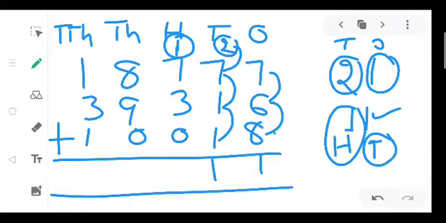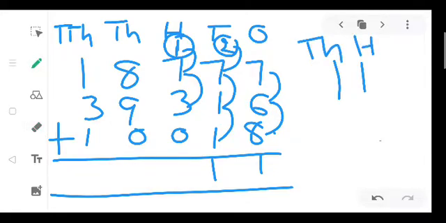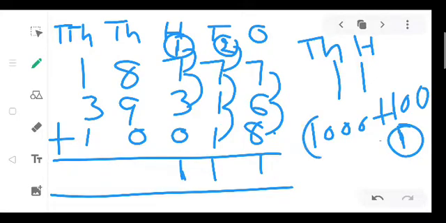And now we will add 100 place digit. 1 plus 7, 8, 8 plus 3, 11. In this 11, this one is 100 and this is 1000, because it is 1100. 1100 means 1000 plus 100. So 100 place we will write 1 and this 1000 place we will carry this 1.